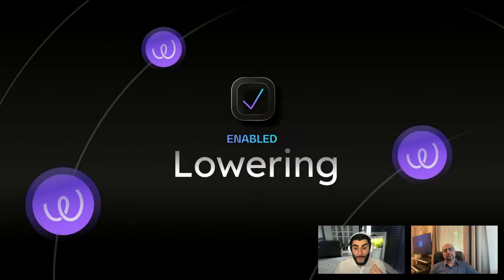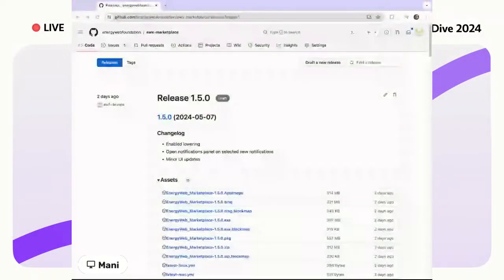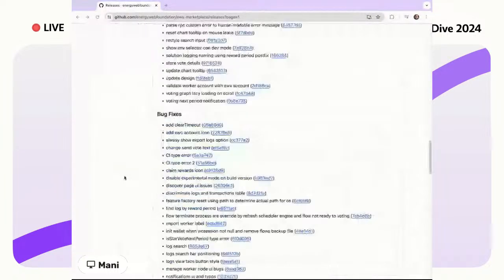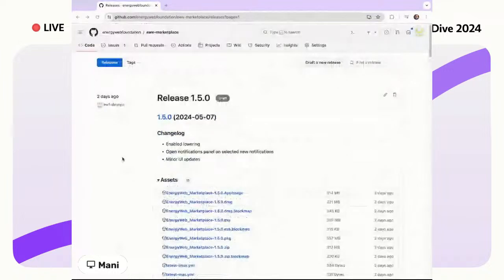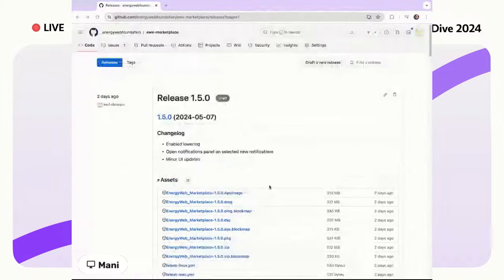So let's take a quick look at Mani's screen. That's very, very interesting to see. So, Mani, what are we seeing here? I see that we are on GitHub. We have a new release. What's going on? Yeah, we have thousands of internal draft releases that are always there. But this is the repository. It's going to be open, and then I can just publish the release. This is the release we have tested. As you all see, it's from 2 days ago, the most stable final release that has the enabled